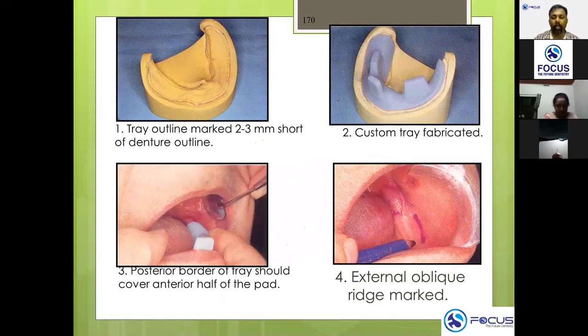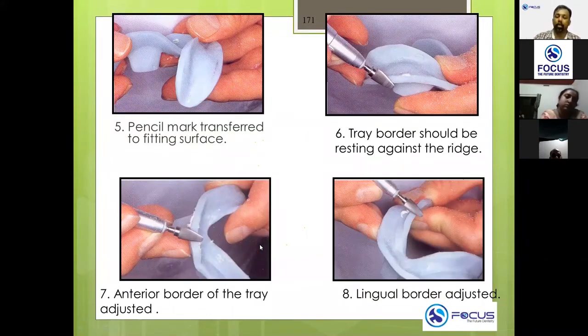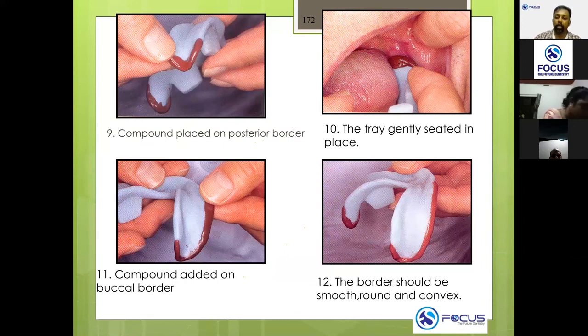Now for the mandibular, again the extension is marked 2 mm short of the border. You have to trim the special tray, then go for the border molding, same as the primary impression you have done. Segment by segment, go for the border molding. Distobuccal region, again close along against the force. Posterior and middle alveolar lingual sulcus, the lateral movements of the tongue. Anterior lingual sulcus, the outward movement of the tongue. Labial and buccal sulcus are recorded by the cheek movements by the operator.